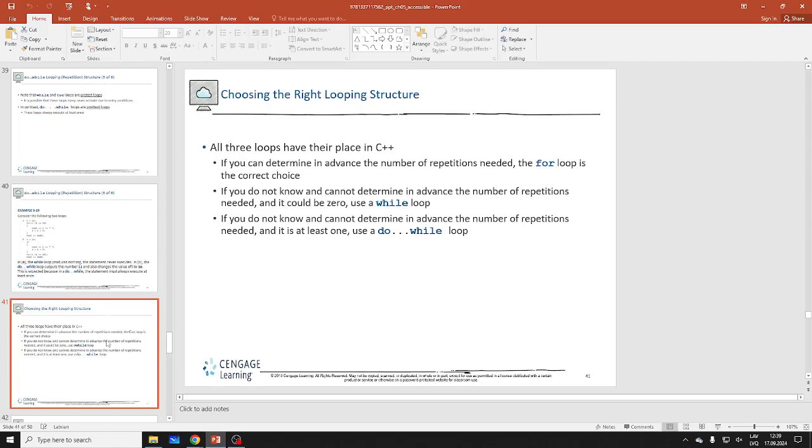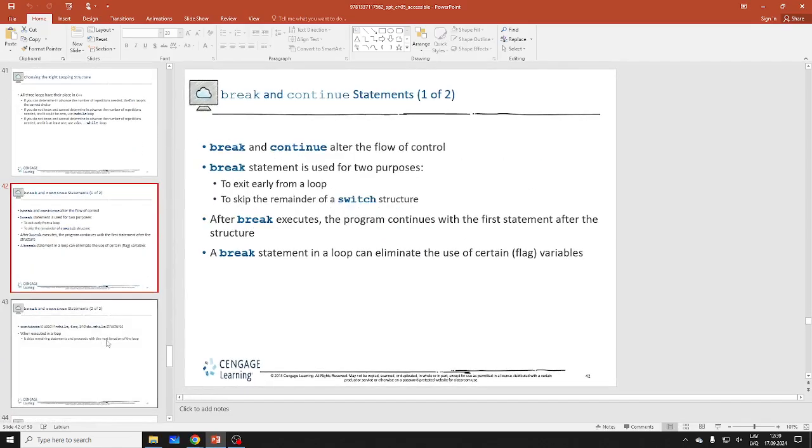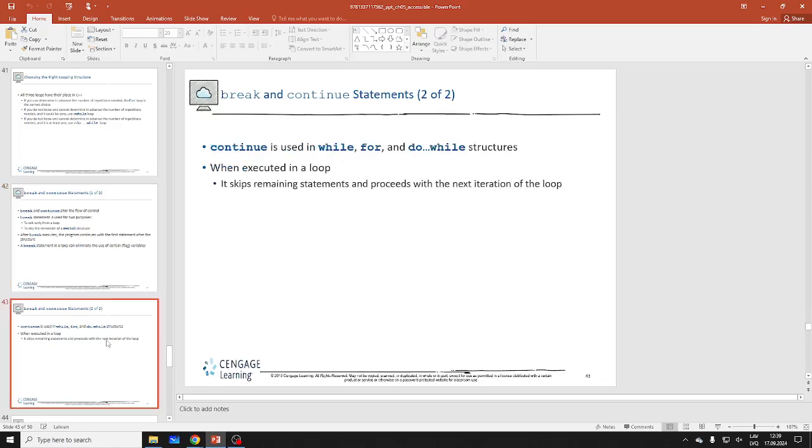Well, yeah, at least one, right? So one thing we saw, break's pretty clear. We also have continue. What's the idea of this continue? To skip the rest of it. Yeah, the rest of it, and you go back to the beginning of the code, right? So you skip remaining statements, proceed to the next iteration.